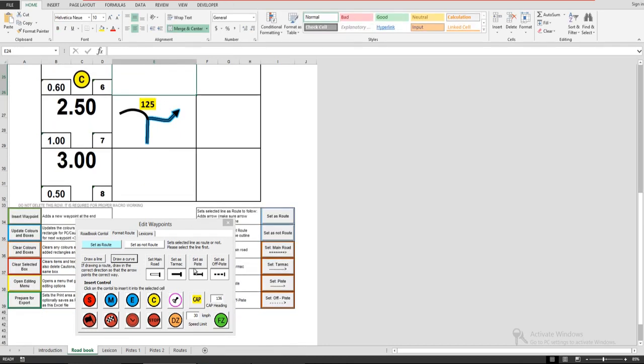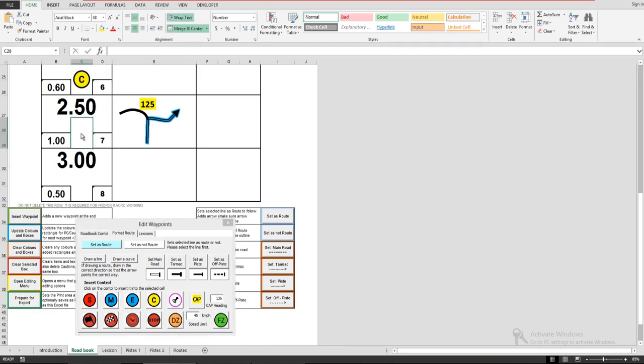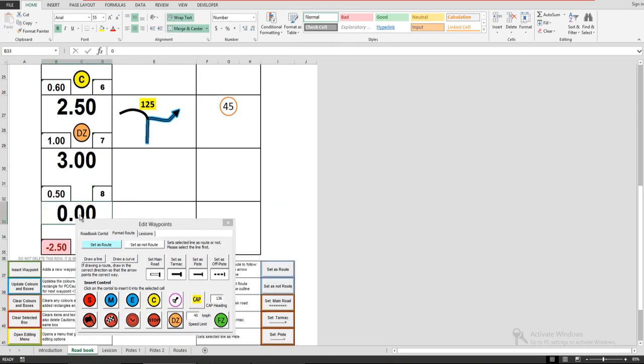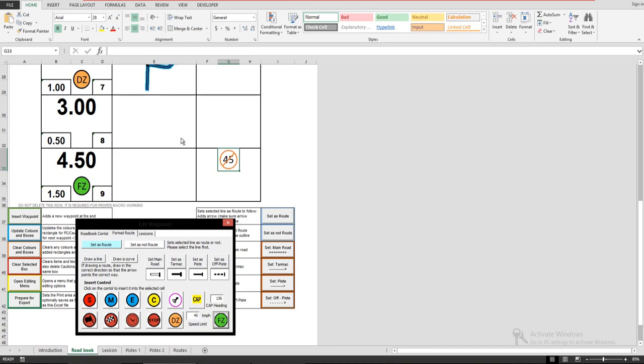Another option that we have here is, for example, the DZFZ box. We also have the speed, which you can set here manually. When you insert the DZFZ, if you press enter on the speed, it does not do anything because the same speed is used for both DZ and FZ. So you can enter the speed, select the box where you want the DZ to start, and press DZ and it enters the DZ box and your speed. When you need to enter your FZ, you can come down to that box. The speed always remains the same unless you change it manually, and you can click FZ and it adds both the FZ and the speed zone.